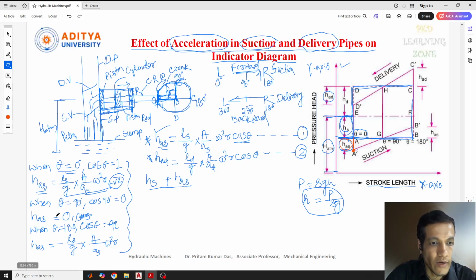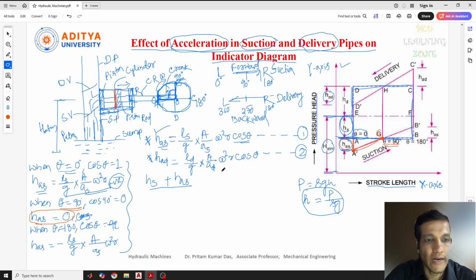Now the next one is theta equal to 90 degree. During theta equal to 90 degree, what is the value of HAS? At theta equal to 90 degree, that means at the middle of the cylinder, the middle of the suction stroke, the G point is given here. So at this point theta equals